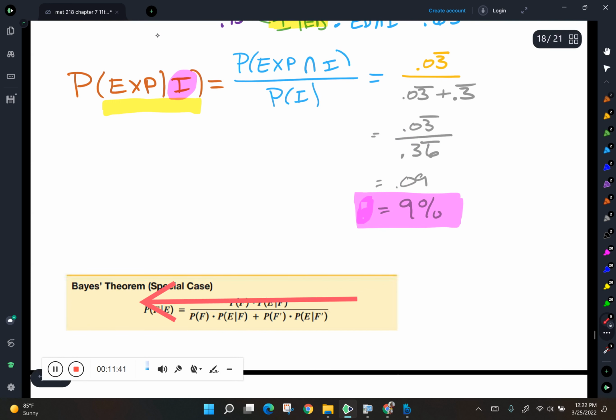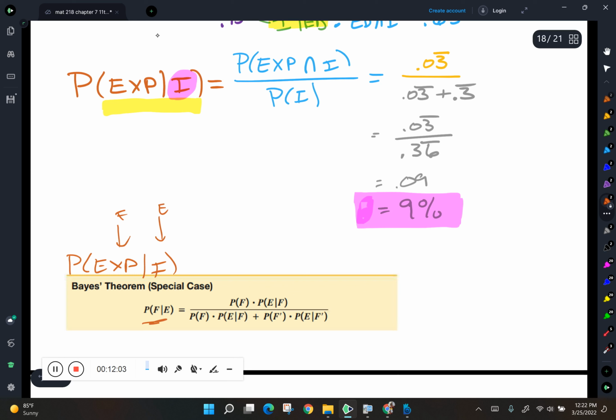Now, this formula down here is written with E's and F's, but if I were to rewrite it using our stuff, the probability of experience given interview, so that's going to be our F, and that's going to be the E in the formula, because that's the left-hand side, is equal to the probability of experience times the probability of interview given experience, divided by, well, if you look,